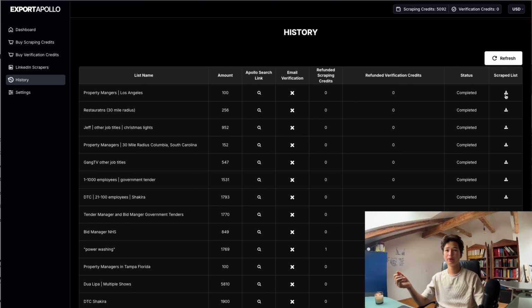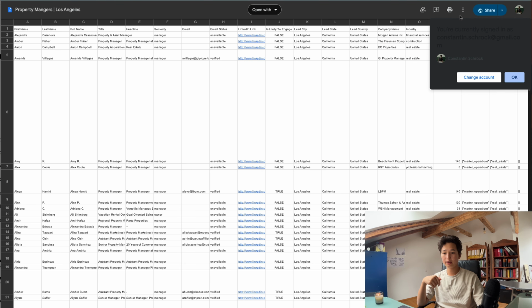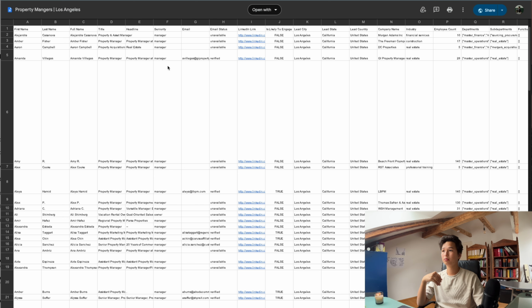Perfect, it's done loading. So then you go ahead, click on the download button, and down here you can click download and actually get all of the data in the spreadsheet. And as you can see, all of the data is here. First name, and as you can see already, a few are without email. This is where our system comes into place, and we can actually enrich that data and find emails nobody's reaching out to, because if you think about it, most people just wouldn't be bothered to enrich these emails further, or try to